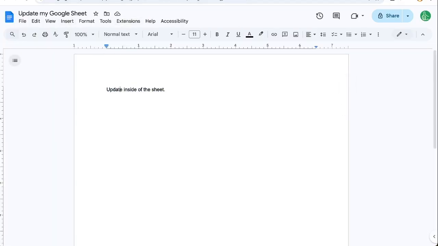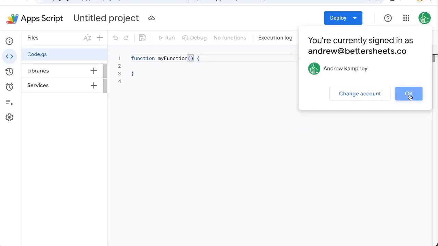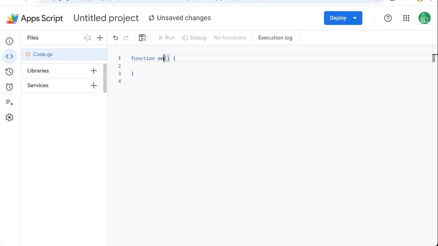What we need to do, a couple things, is create a menu up here so that we can update this. There are some other ways we can do the automation, but I just want a user to update it when they're ready. So I'm going to go up to Extensions, Apps Script in my Google Doc. Here I'm going to create a function called onOpen. This is a built-in function, so I don't need to do anything else except add the actual menu, which is variable UI equals